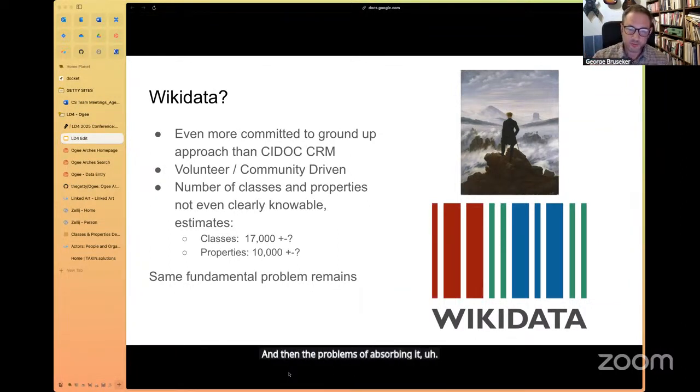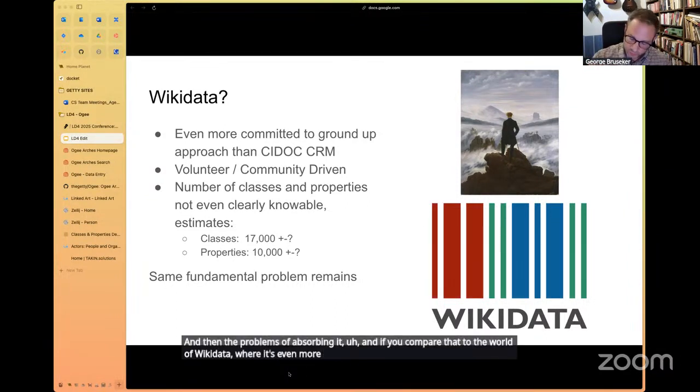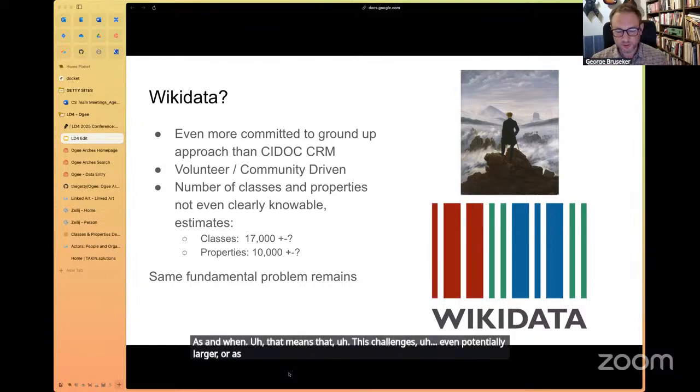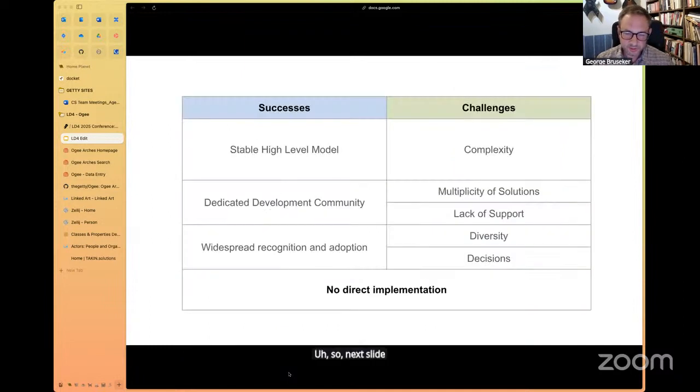And if you compare that to the world of Wikidata, where it's even more community, even more ground-up driven, and the community can create classes and properties as and when, that means that this challenge is even potentially larger or as large when you're trying to think about how to get people to consistently use and apply an open source ontology like Wikidata as we have with CIDOC CRM. So next slide, please.